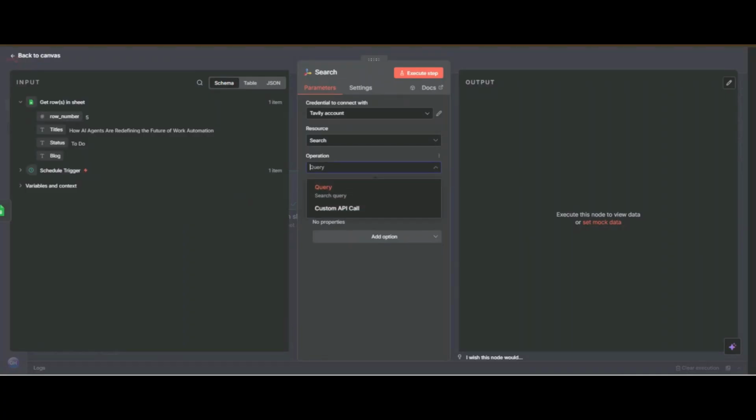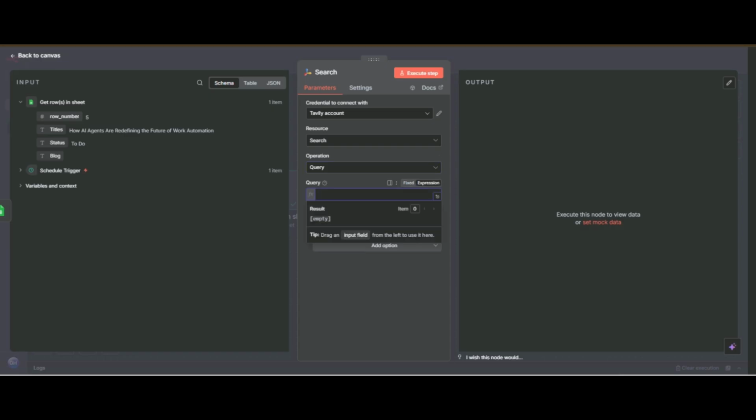Now we want to fetch, because we have a query, we have to send the query to Tavily, and we want to fetch the latest articles on our topic. So how can you do this?